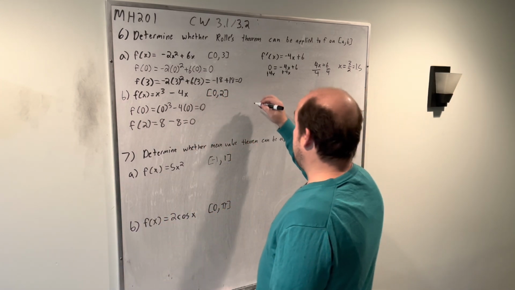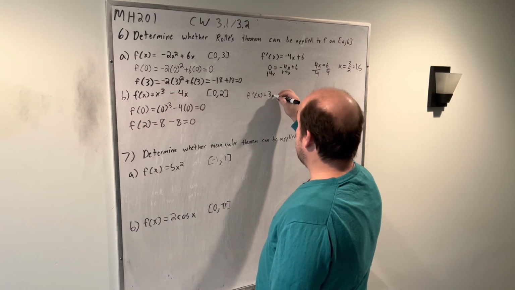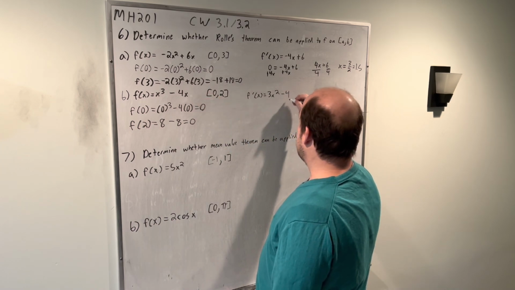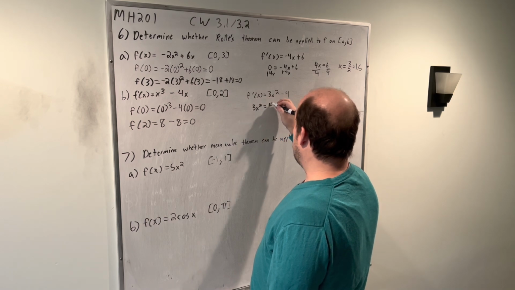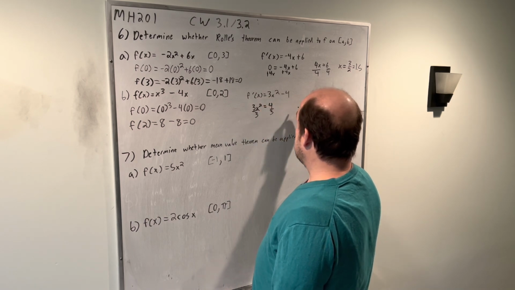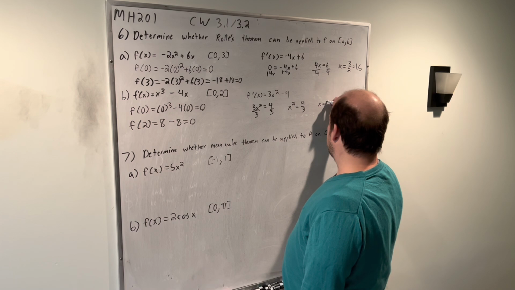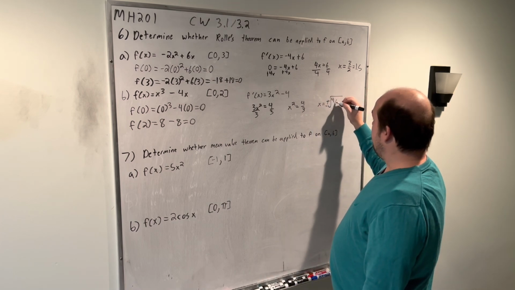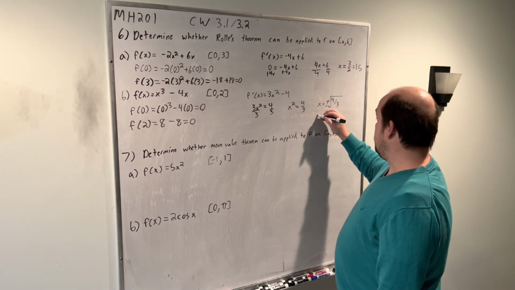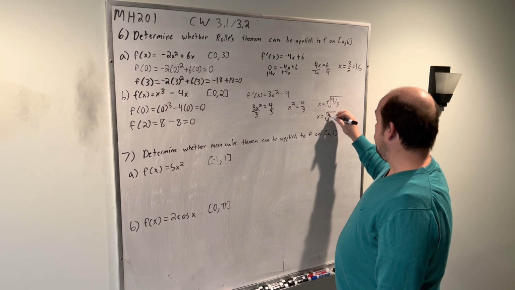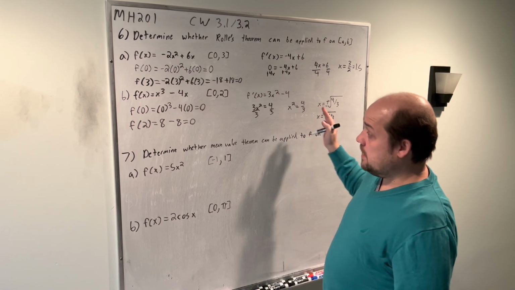I can now take the derivative, f prime of x. When I do that, the 3 comes down, it becomes 3x squared. The x drops off, minus 4. So I can set it equal to 0 and find that 3x squared equals 4, which means x squared equals 4/3, which means x equals plus or minus the root of 4/3. If I'm looking for which one is between 0 and 2, it would be x equals the positive version, root of 4/3. That would be a number between 0 and 2, and this is the value of c,